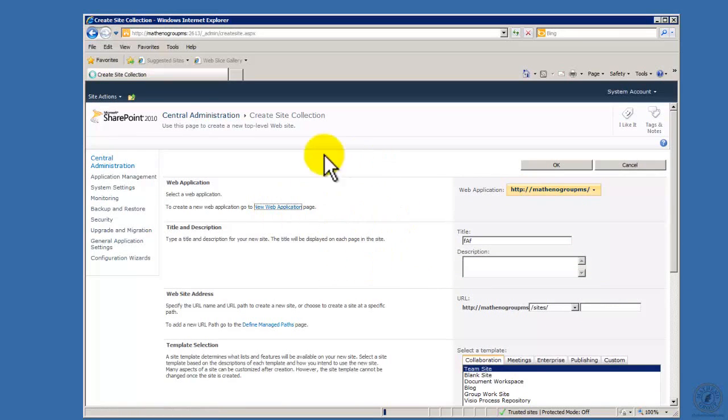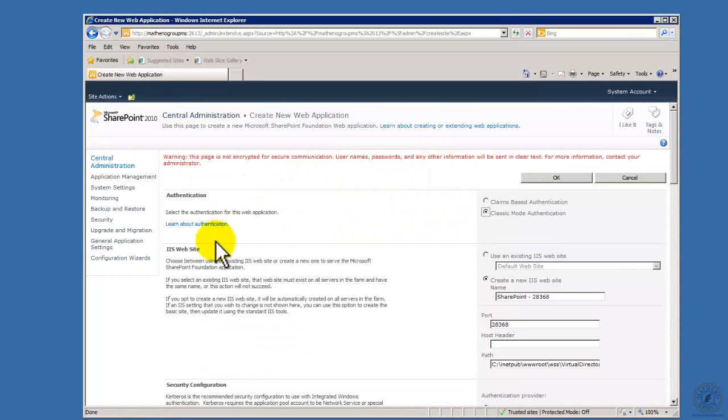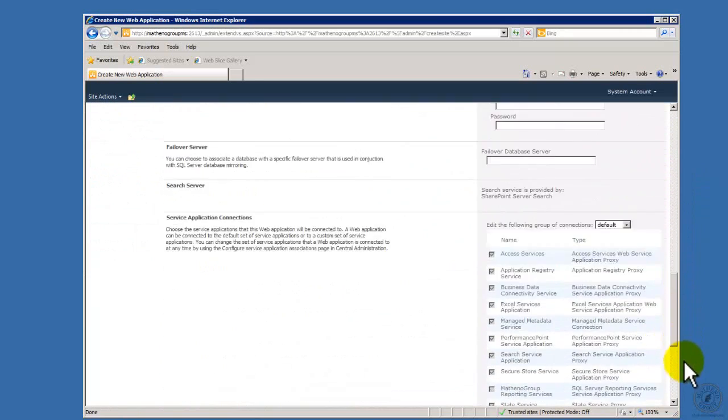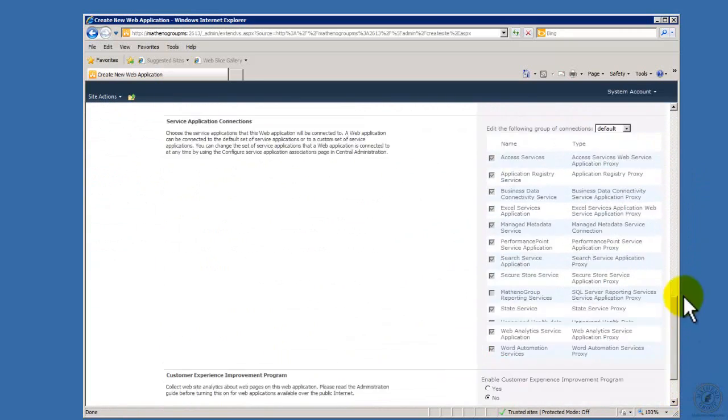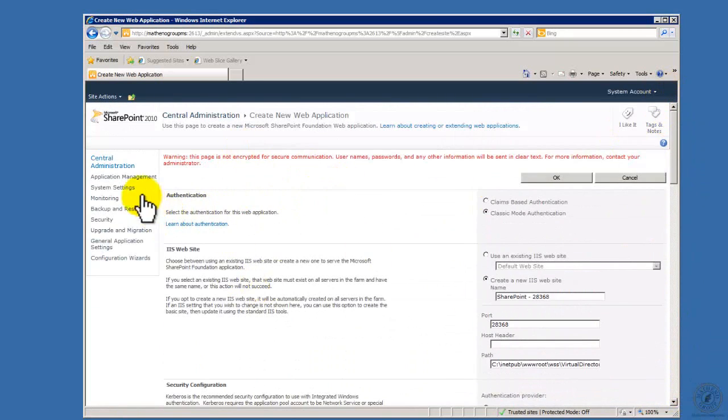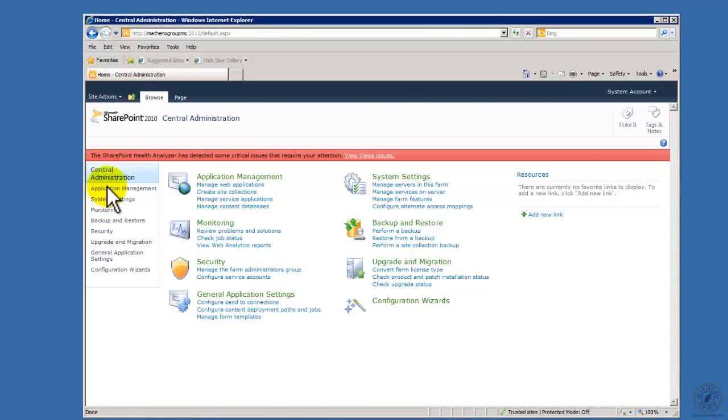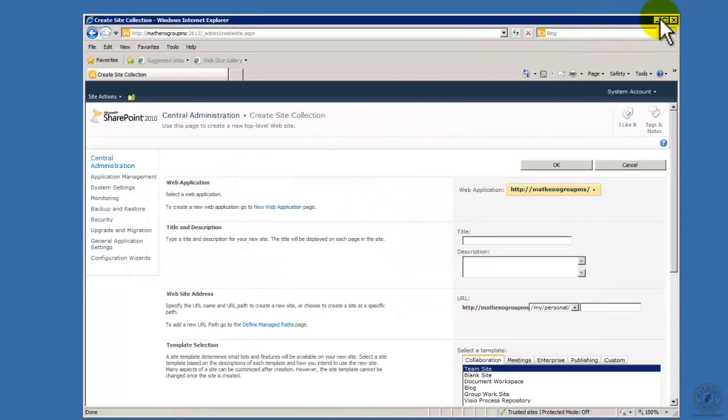and my new web application would fire on up, and then I would go through and configure that new web application. And then down here I can give it a port or a host header, etc., and I would fill out all of these options, which we'll do a little bit later on. For now, I'm not going to do that. I'm just going to go back over to Central Administration, and I've shown you the Manage Web Application, Manage Site Collections, and now let's go through and take a quick look at